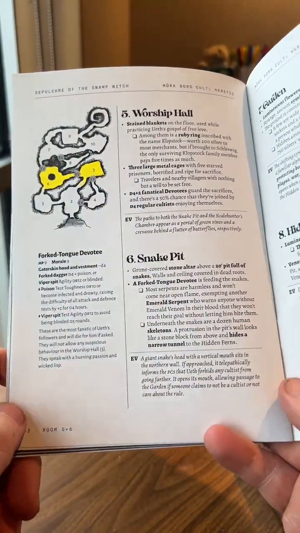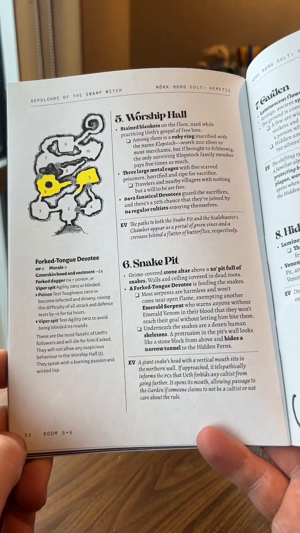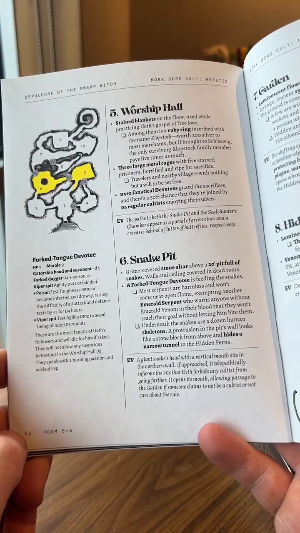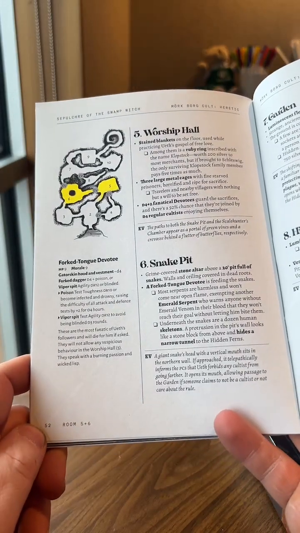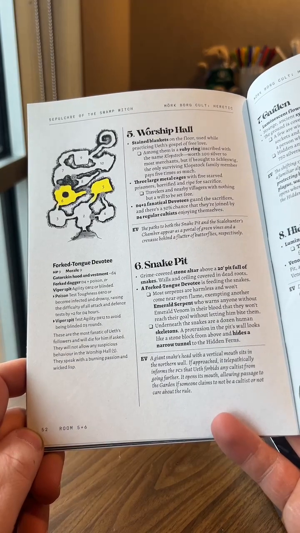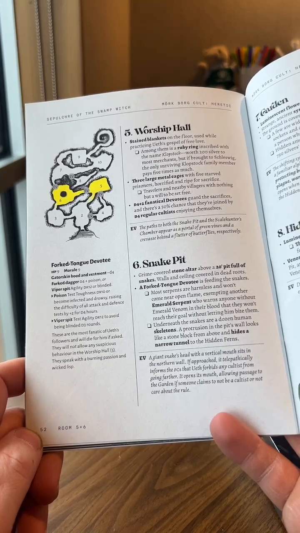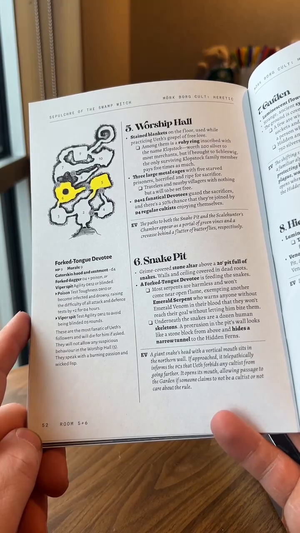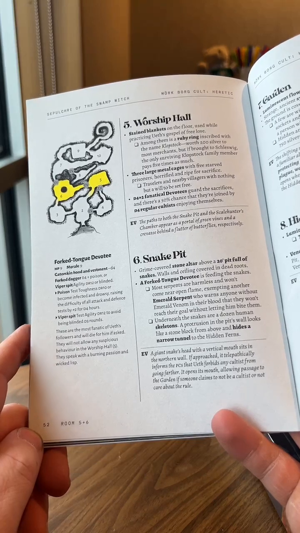So you can get to the Snake Pit through the hidden path in the worship hall, or normally from the bedroom. The grime-colored stone altar of a 20-foot pit full of snakes, walls and ceilings covered in dead roots. A fork-tongued devotee is feeding the snakes. Most serpents are harmless and won't come near open flame, excepting another emerald serpent who warns anyone without emerald venom